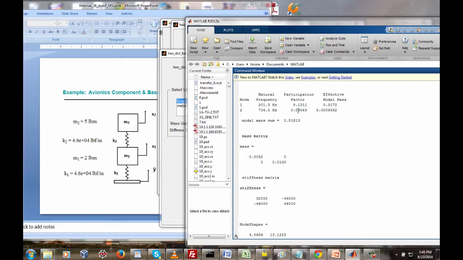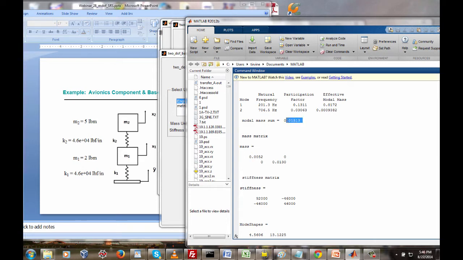And then we can take a look at the participation factors and the corresponding effective modal mass values. So for mode 1, the participation factor is 0.13. For mode 2, 0.03. So the participation factor is 4 times greater for mode 1. And that means that the fundamental mode, mode 1, is more excitable than the second mode. And then we have a similar situation with the effective modal mass values, where mode 1 has a higher value than mode 2. Actually the ratios between those pairs change, but let's not worry about that